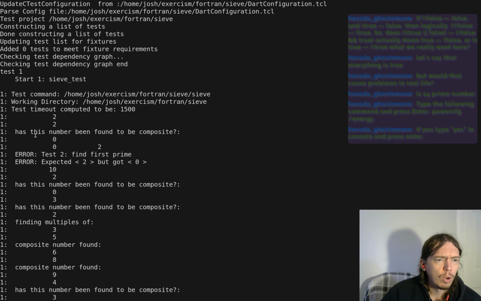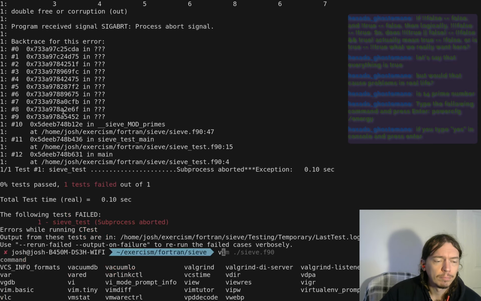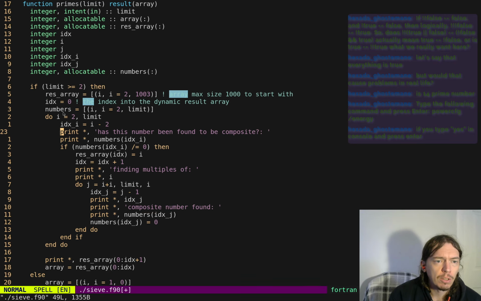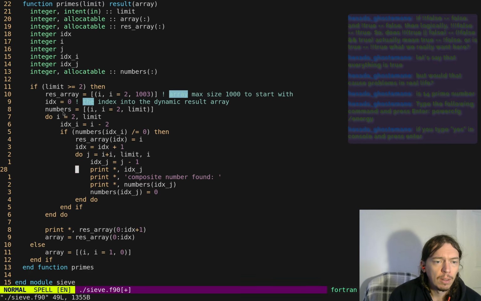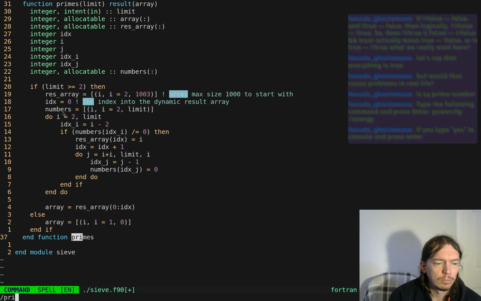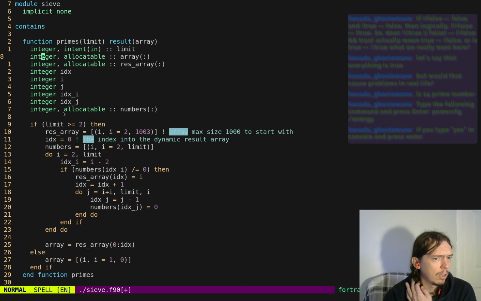Okay, so 0. Okay. Let me get rid of these prints. Okay, pattern not found print. Okay, so this is fine. Okay, so if this,